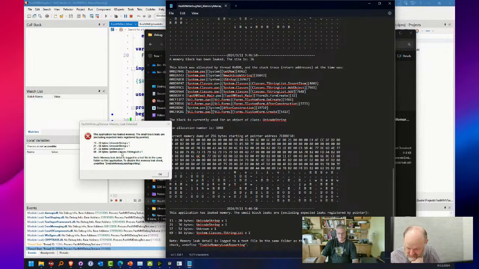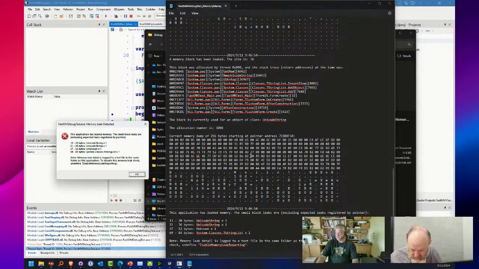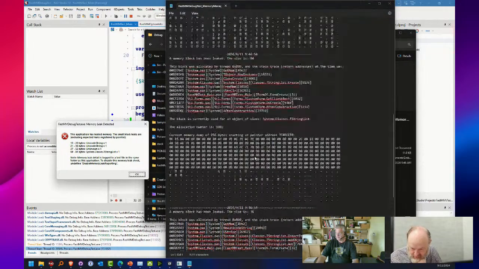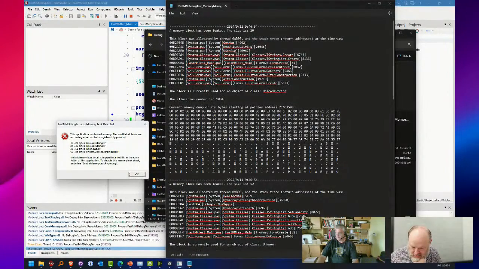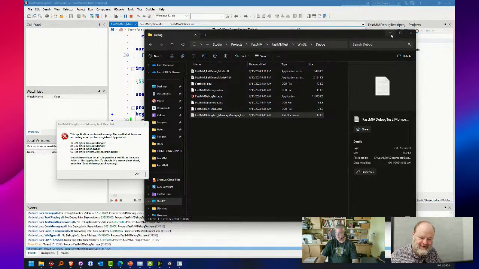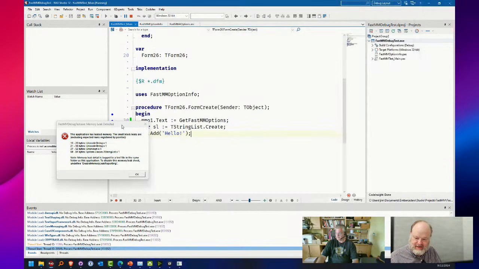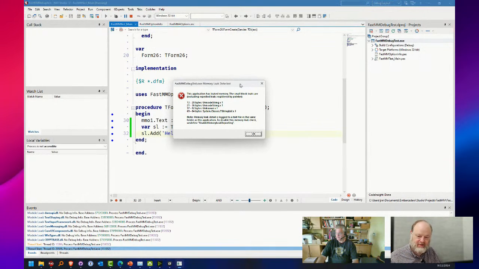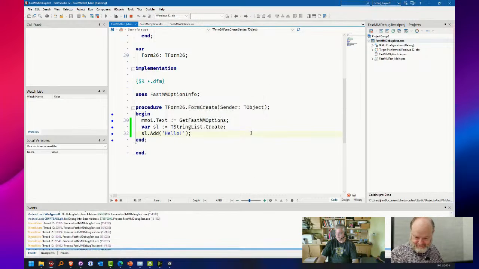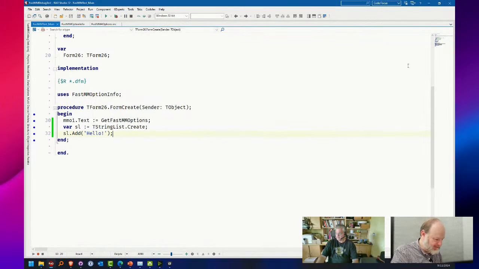So we got Unicode string. The key string list is also leaked, and the 2 Unicode strings as well. So yeah, basically once you're in full debug mode, if you do anything wrong in memory, it's going to let you know, depending on how you configure it.